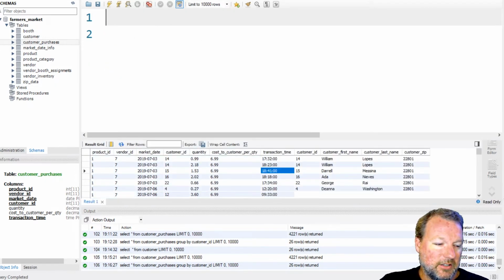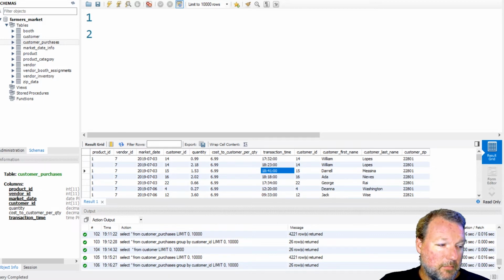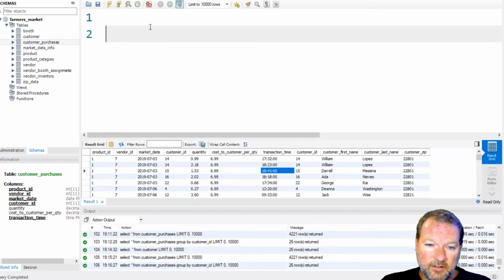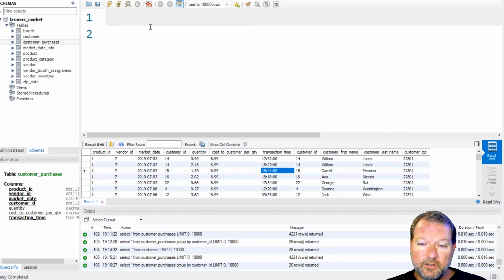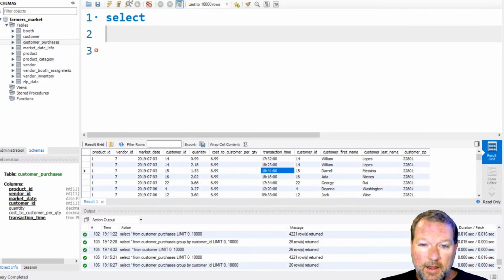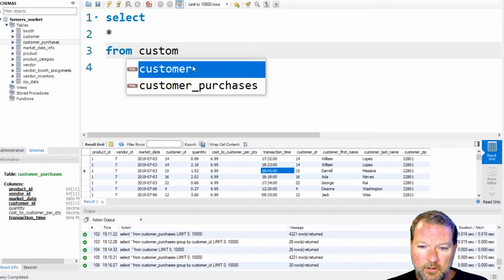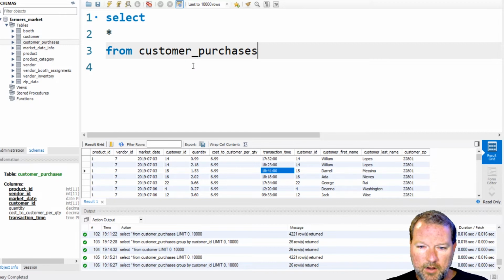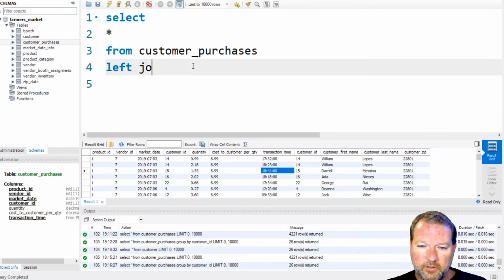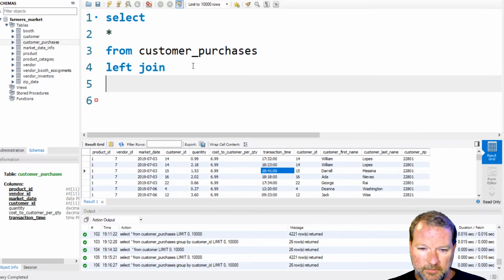So now let's actually learn how to put these together. The way that we're going to do this is we're going to use a keyword join and then another keyword that needs to accompany it, on. So let's do select, and we need to do this with the customer purchases, and you'll see why. Now we're also going to do a left join, and I'll explain that. So the way that you do this is actually